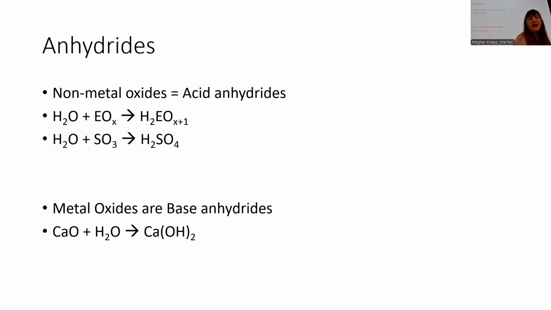There's some rules around that, so it's a little bit sketchy, but that's the basic idea. Okay, so if I have SO3, sulfur trioxide, and I add water to it, then I get H2SO4. And what is H2SO4? Sulfuric acid. Is that a strong acid? Yes, that's a strong acid. Okay. I could also have,